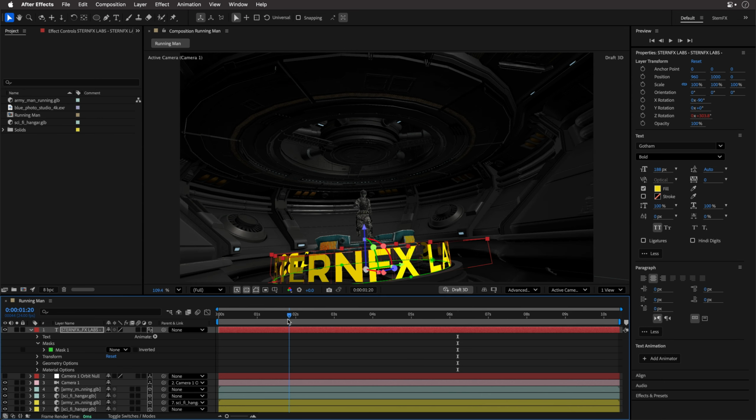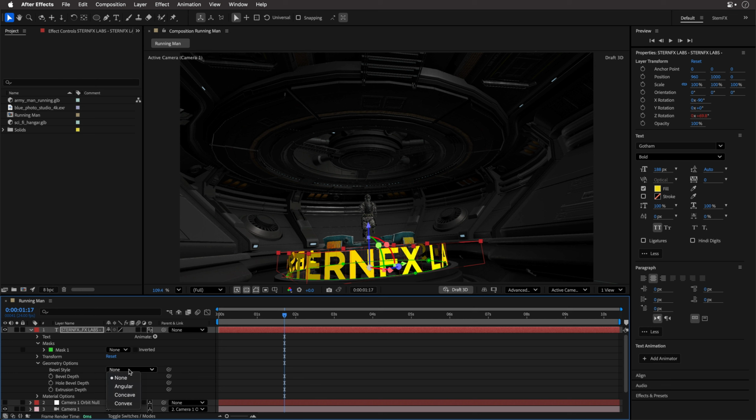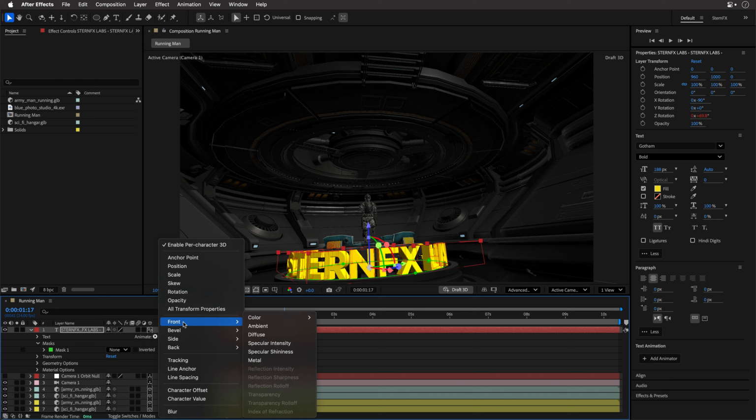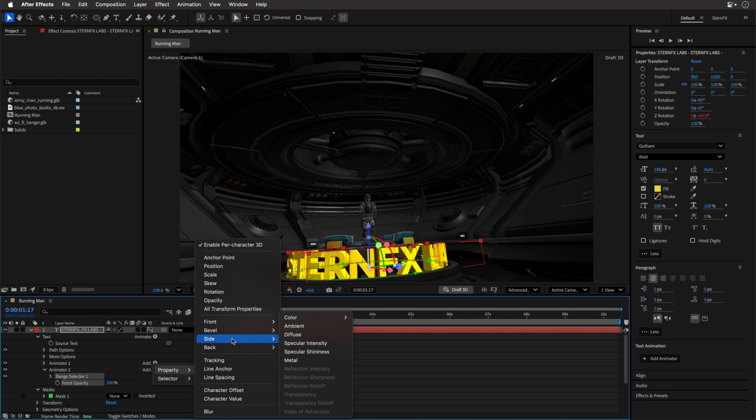So I'll come to this point where I can see it and I'll open up the geometry options and I'll set the bevel style to angular and the extrusion depth to 50. And I want semi-transparent letters here. So to do this, I'll go to the animate again and I'll go to front, color, and add an opacity animator. So this is the second animator. And then for the second one, I'll go to the add again. For the side, I'll do the same thing. So color, opacity,